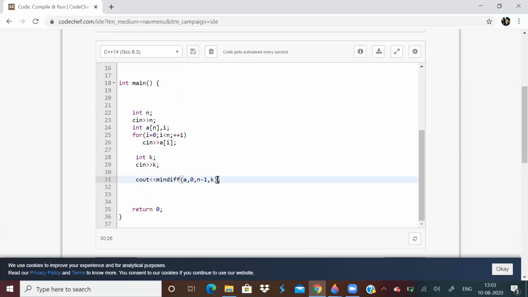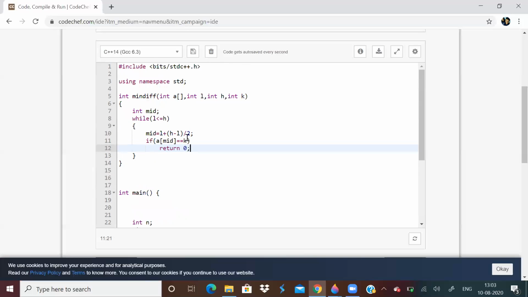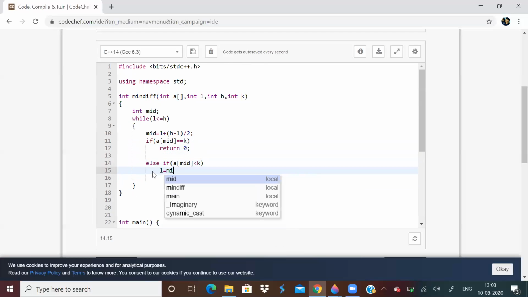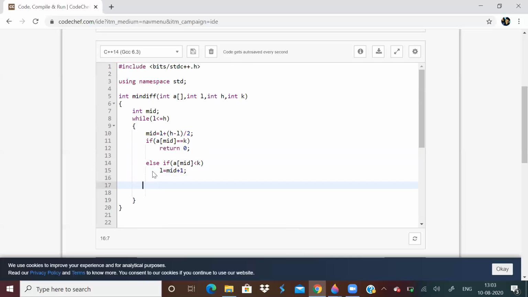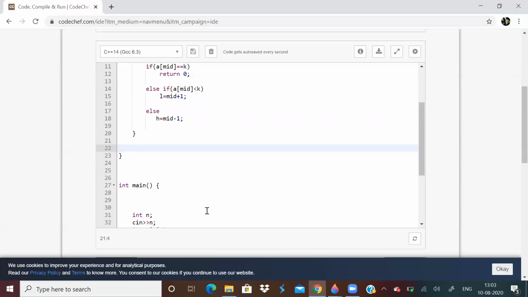I think what I will do is I'll return 0 here. Because if the element is present, then the answer will anyway be 0. So I'll return 0 here. If this condition is true, then my L becomes mid plus 1. Otherwise, my H becomes mid minus 1.